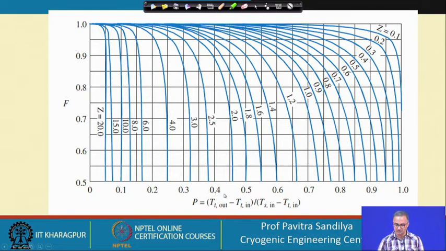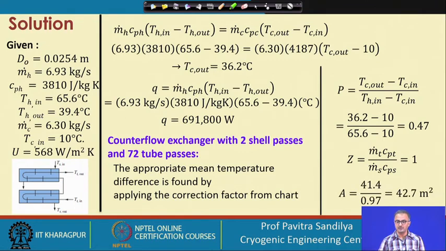First, on the x axis, we locate the P value and make a vertical, and then the Z value, we know it is 1. So from this we find that this is Z equal to 1. Wherever it intersects here, from that we go horizontally on the y axis to find the value of F, and it is coming around 0.97. So with this F value, we now use this expression for the A, and we find this,